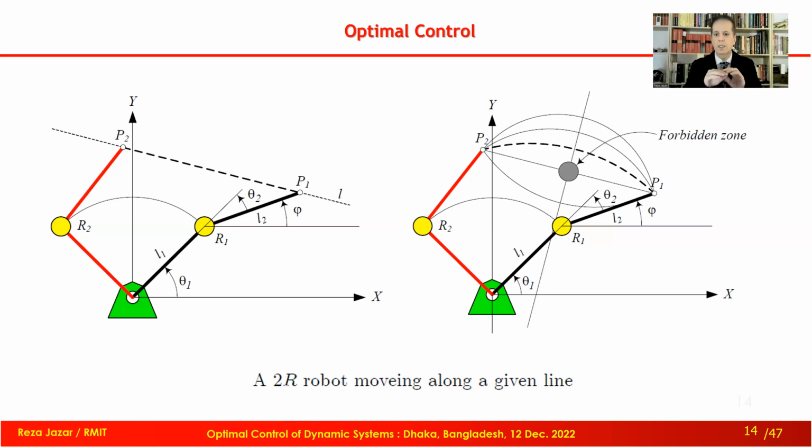For us today, let's assume that path planning is done. A path is given to us. For simplicity, I'm going to ignore any forbidden area, and I'm going to move from a given point P1 to another given point P2 on a straight line to explain the problem. But it is in general applied to any other type of problem which has a different path of motion, with or without obstacles. Okay.